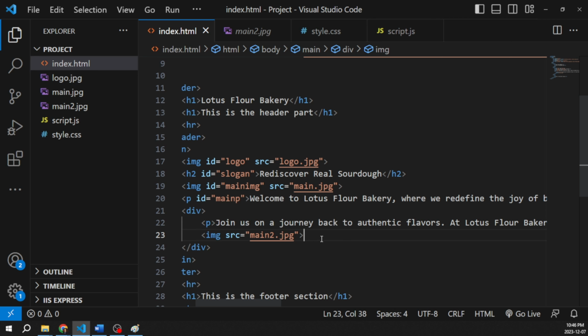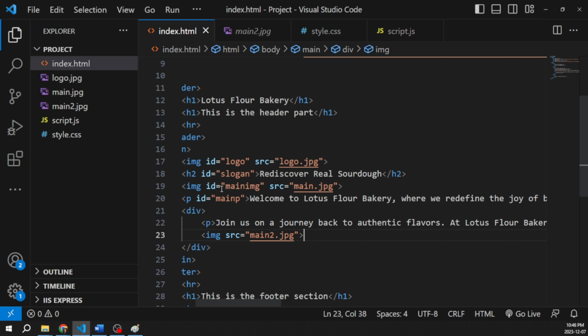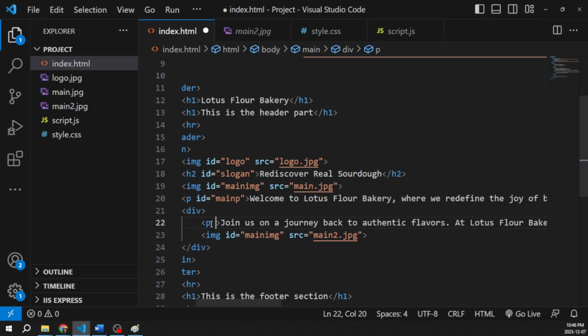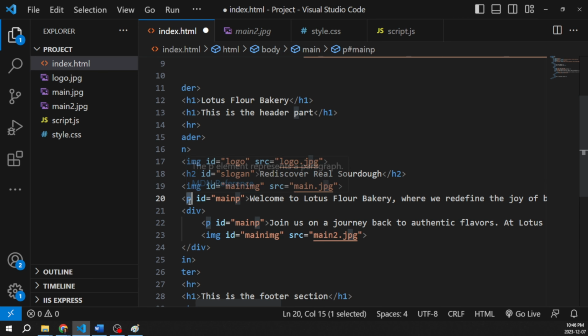changes, except we could add the same ID, main image for the image and main P for the paragraph, so that we don't need to keep repeating the design instructions to make them side by side. So if I basically copy this ID for the image and bring it for the image and the P for the paragraph, they should follow the same rules. Now, remember something that I have done intentionally. It was image and then paragraph, which means when I made them inline, image would be on the left side